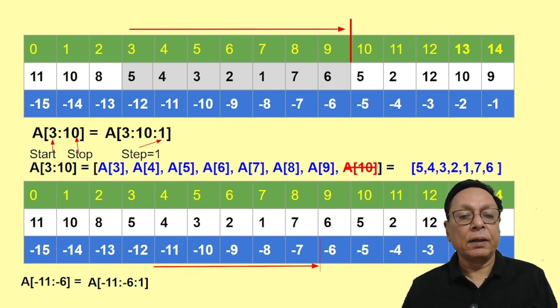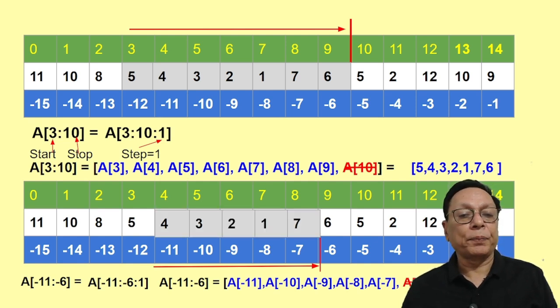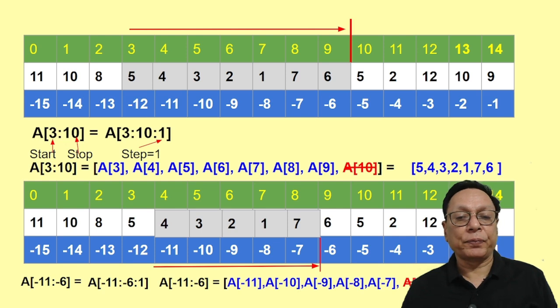So this would be this slice. So A, minus 11, minus 10, minus 9, minus 8, minus 7, and minus 6 is excluded here. So the value, the shaded area is a slice. 43217 is the slice from this list of minus 11 to minus 6. So taking another example,